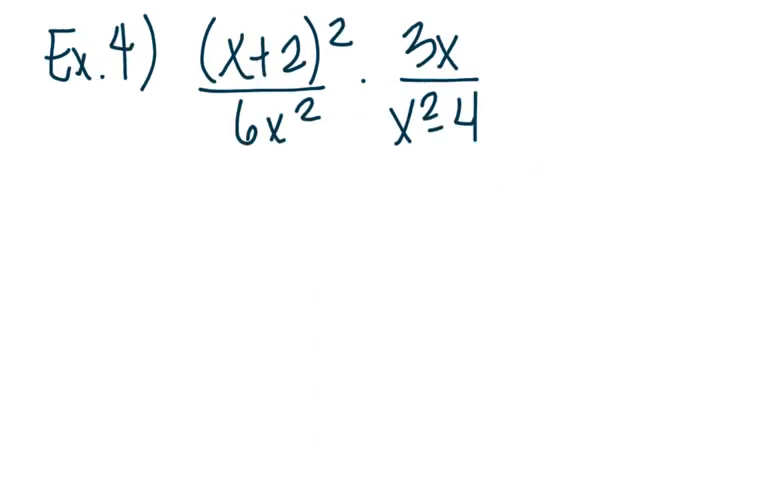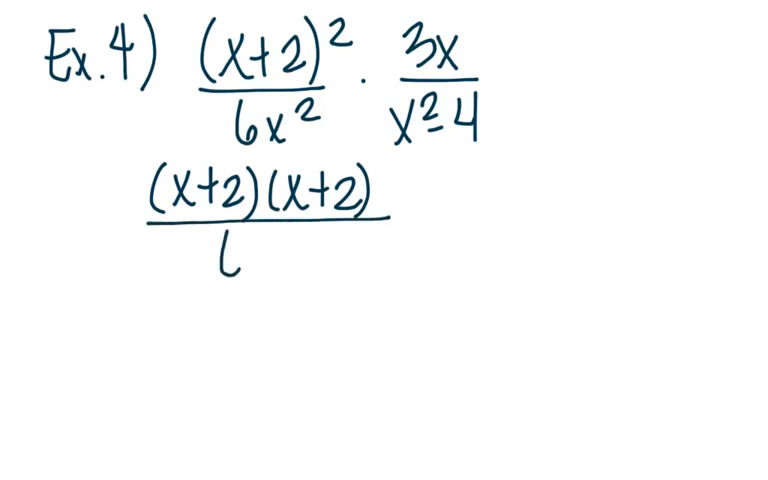All right, so for this one, we're going to start out by factoring everything completely, right? So we have x plus 2 squared, which just means x plus 2 times x plus 2, right? So x plus 2 times x plus 2 here. The bottom just stays 6x squared because we can't factor it anymore. And then times 3x over,